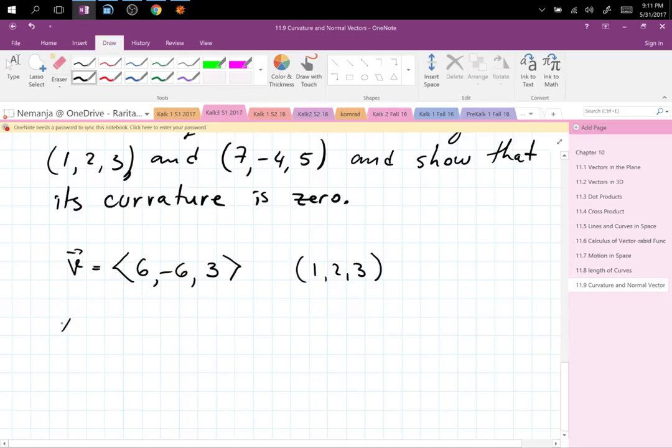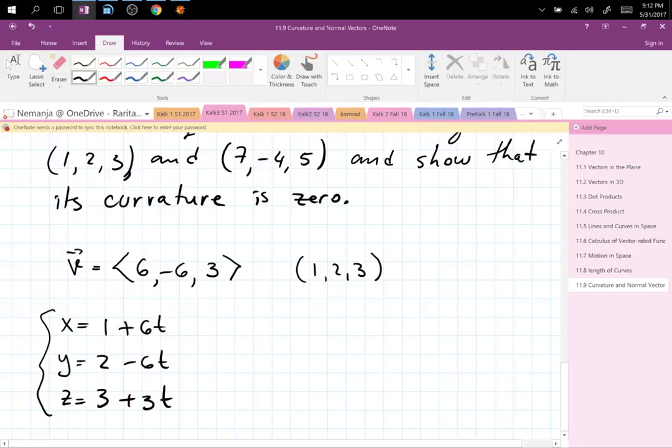So x, y, z is the parametric set for the line. We put the point down, (1, 2, 3), and then plus 6t, minus 6t, and then plus 3t. So this gives us the parametrization,